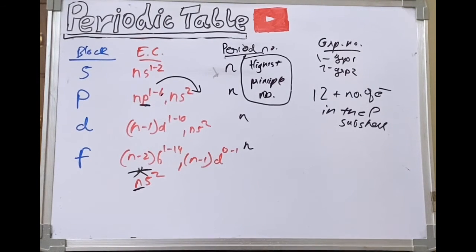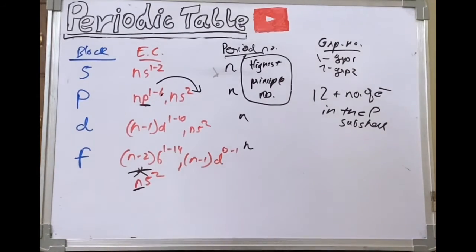As I told you before, for noble gas elements, their general electronic configuration is ns2 np6. Now it can have 3d in between also, it can have 4f in between also, but the two things that will remain constant in a noble gas electronic configuration are ns2 and np6. We have also discussed that these lie in group 18, so you can just relate to it that it will be 12 plus 6, that will make it 18.